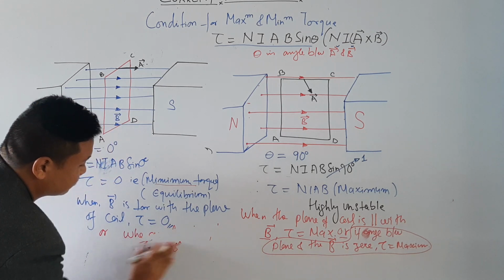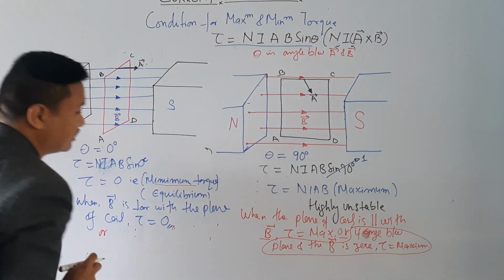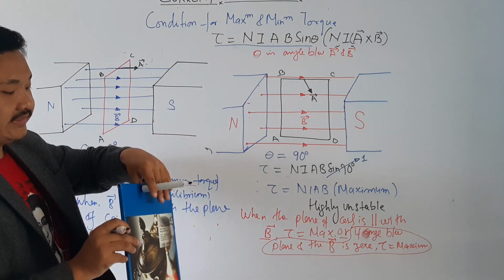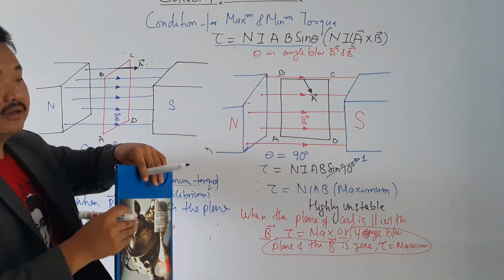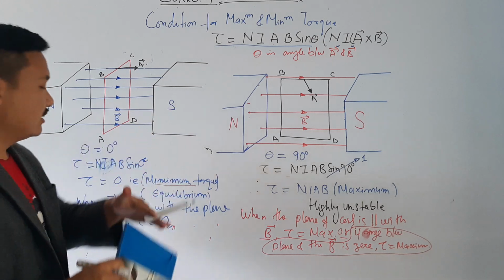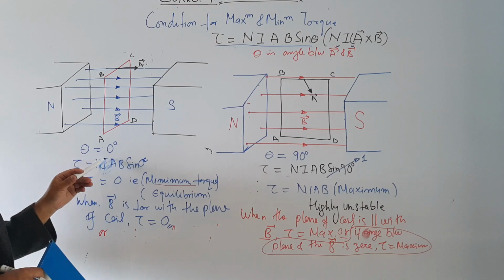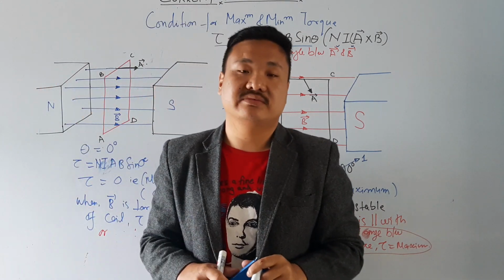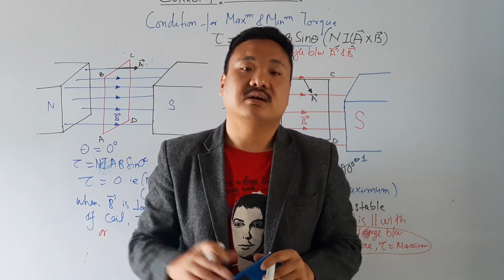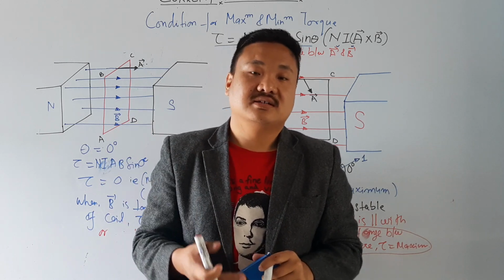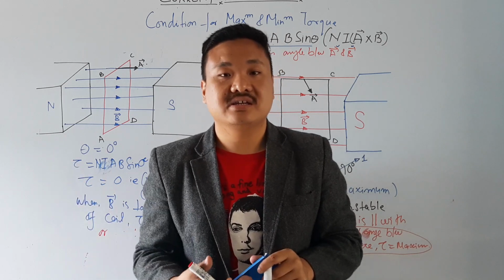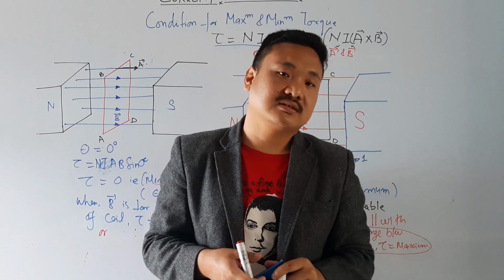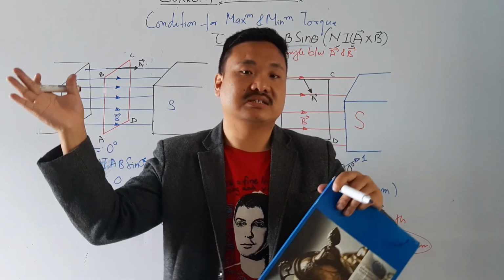Okay, let us not do this one, only this much. So understood? The magnetic field and the plane, they are perpendicular, so at that time torque is 0. Please do not confuse here. This is a very important concept for CBSE examination and competitive examinations, like IIT JEE and NEET.